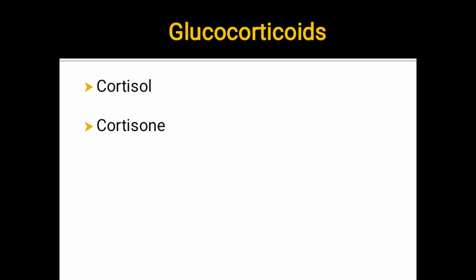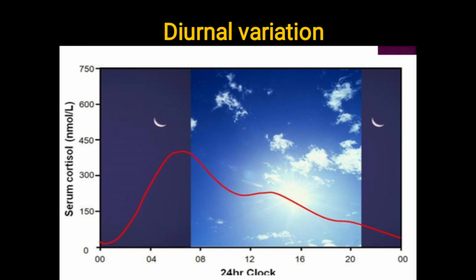So, some of the endogenous glucocorticoids, that is, the glucocorticoids produced inside the body, are cortisol, cortisone, and corticosterone. The circadian rhythm of the ACTH secretion is a very important regulator of the cortisol secretion also. The bursts of ACTH are more frequent in the early morning, especially around 4 to 10 am, and this accounts for about 75% of the total ACTH secretion which occurs in a day.